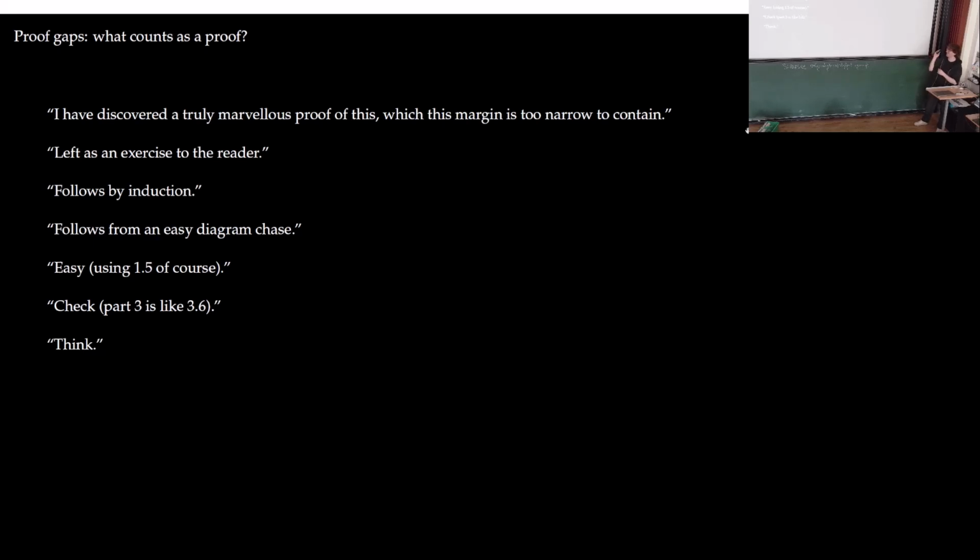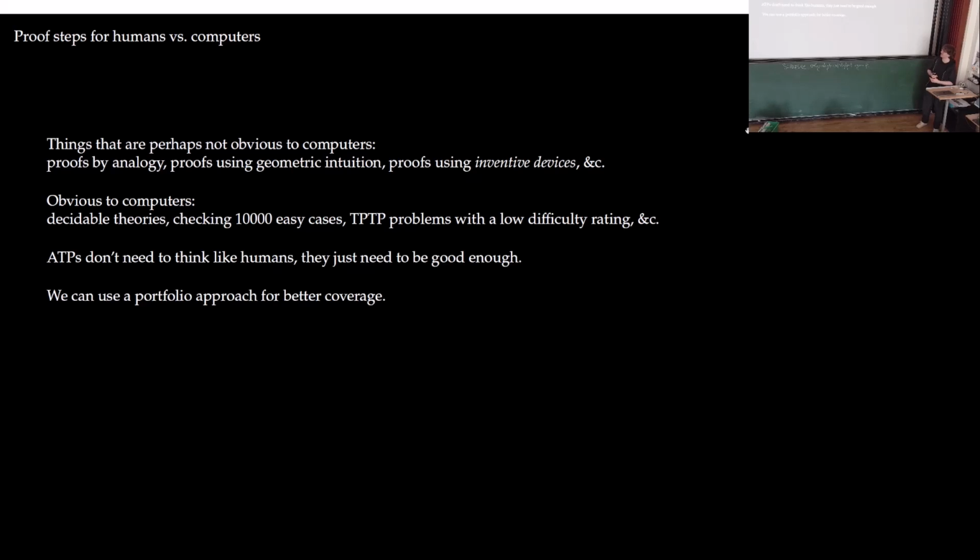But yeah, depending on your reader, this might be okay, right? But when we actually want to formalize things, it of course depends on what the computer is able to do. Then we get to this problem of what can the computer do, what can the human do? And of course, certain ways of proving things are hard for the computer to follow. Like if we have some kind of geometric picture and we're waving our hands and we all